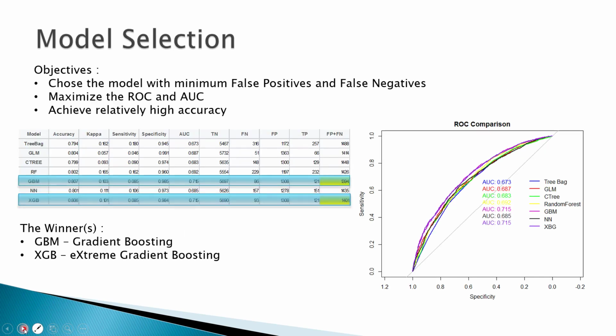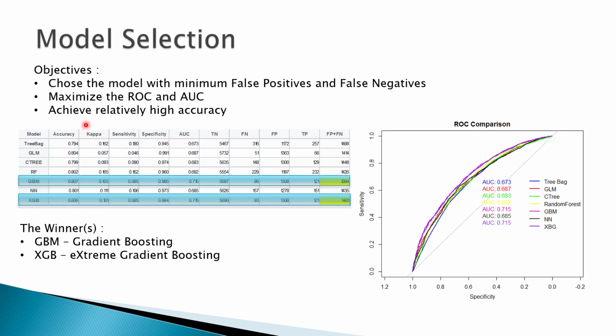I trained 7 models. The objective of the training and the whole exercise is to choose the model which provides the minimum false positives and false negatives. And the second objective is to maximize the ROC and area under the curve. The third objective is to achieve relatively high accuracy. So this table here